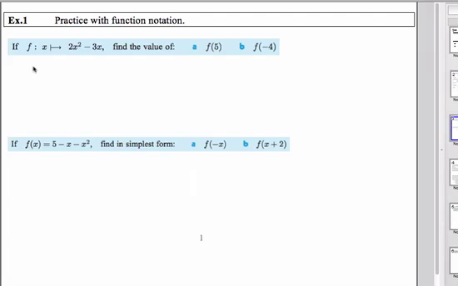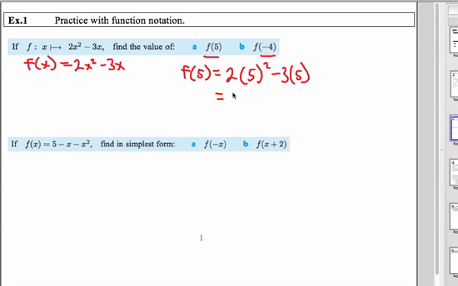So in this first example, let's just change this to our f of x function notation. So we have f of x equals 2x squared minus 3x. And it asks us to find f of 5 and f of negative 4. So for the first part, when we find f of 5, that means wherever you see the x value, you put in the value of 5. So we're going to substitute that in